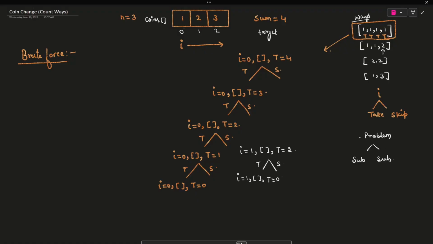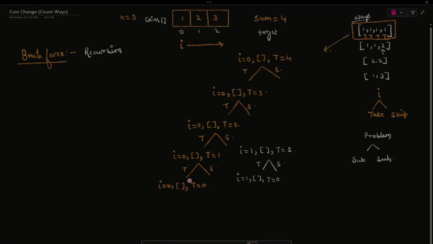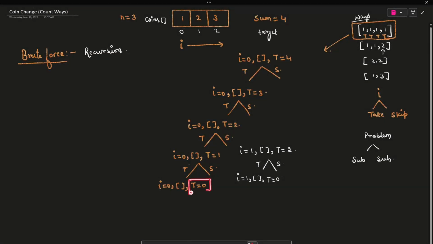So from here we got the intuition that this is a recursion based problem. So we are going to solve this problem with the help of recursion. Let's write the pseudocode for this, and whenever your target value becomes 0, it means that you are able to